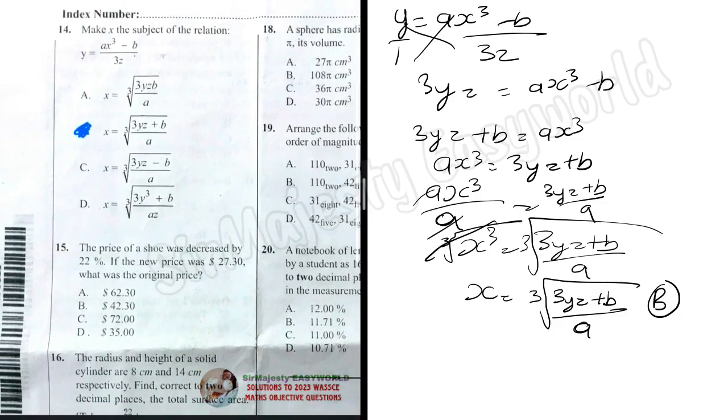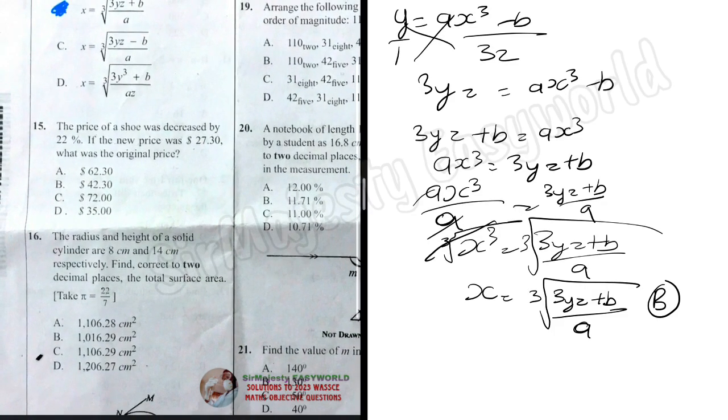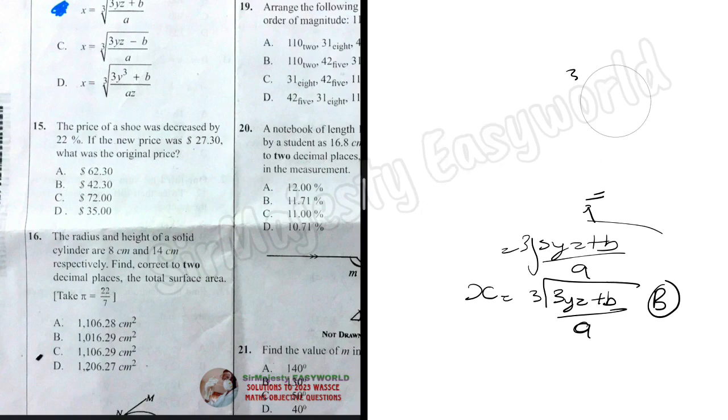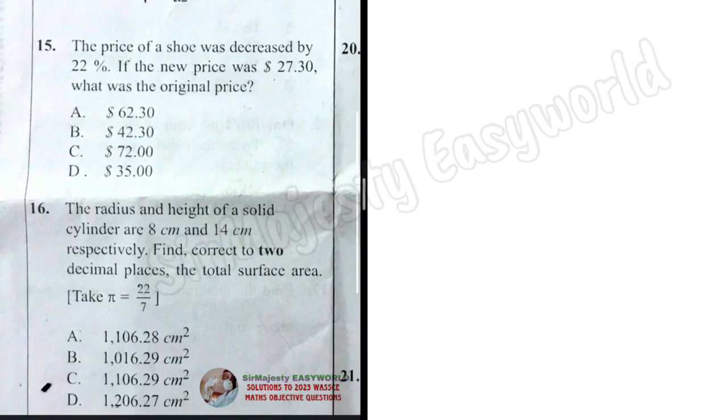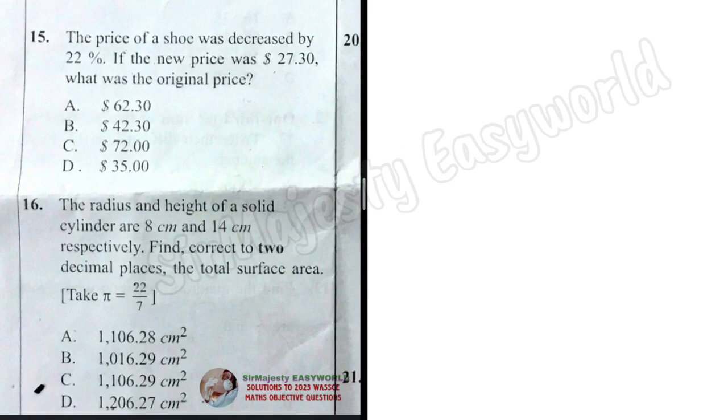So the next question is number 15. The price of a shoe was decreased by 22%. If the new price was $27.30, what was the original price? So when we look at percentage decrease and increase, a good way of solving this question fast is based on